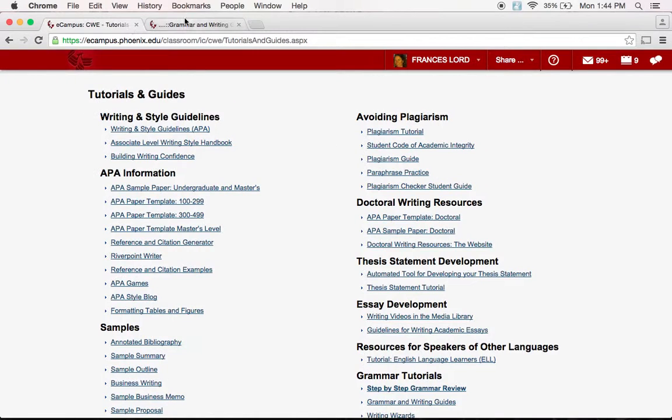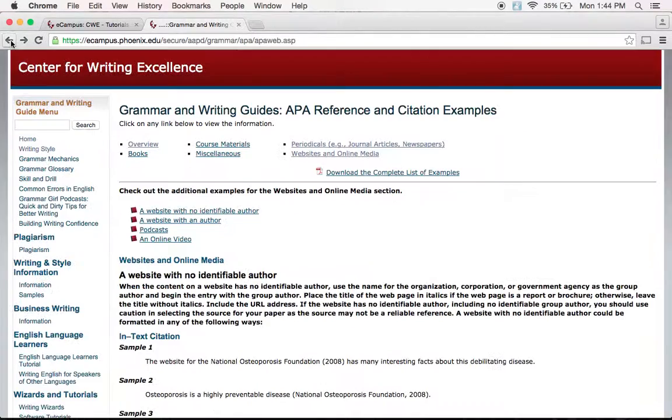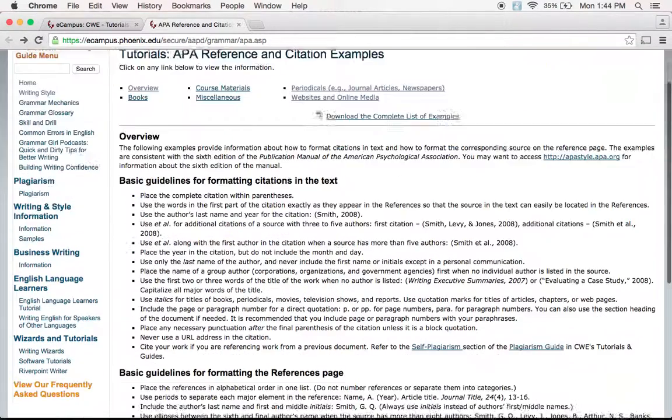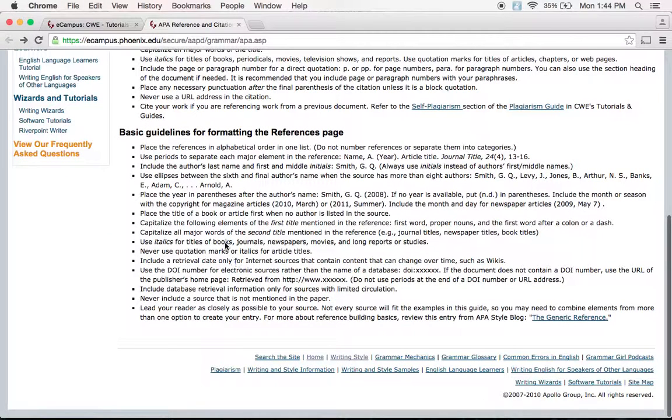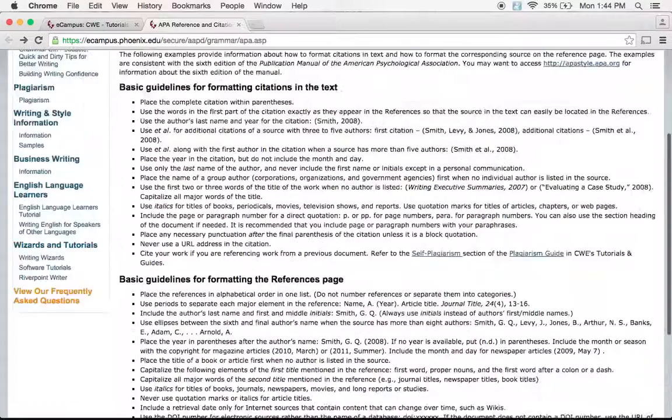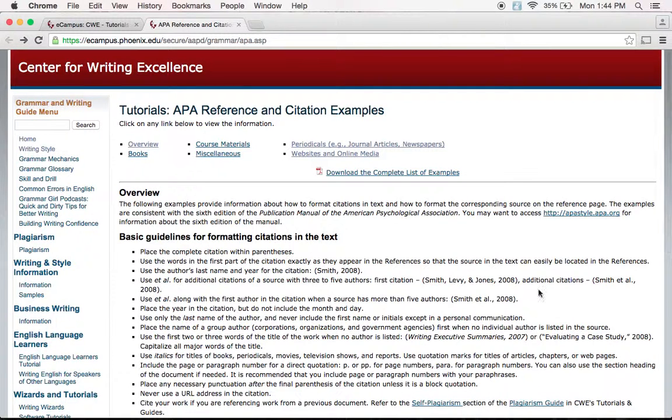Okay, now, what we're going to do is go back and look at the basic guidelines. We're going to do a quick skim and see for volume and issue, seeing if it says for the volume, whether it's italicized or not. Oh, for journals, include the volume number italicized. That was in my textbook I had next to me, so we did that right. Okay, so there's a lot of checking and little things to do. So don't be surprised if it takes a little bit of practice. It's just really following a pattern, following some rules.